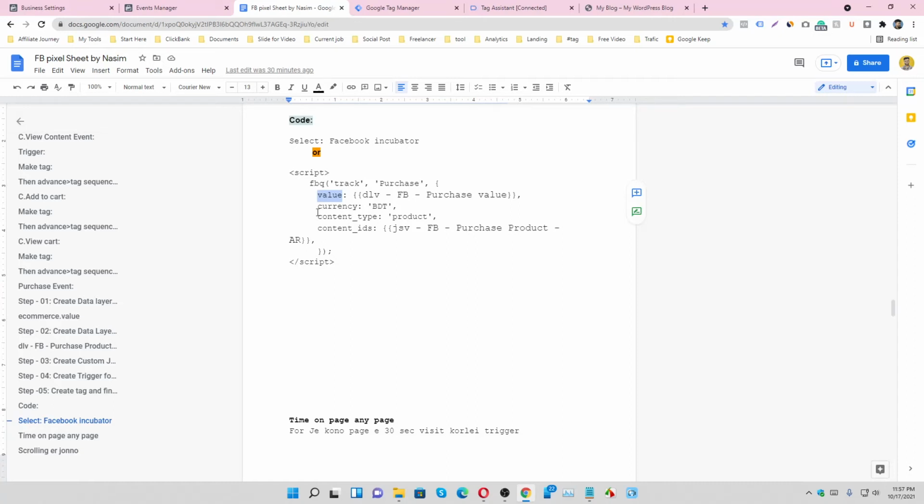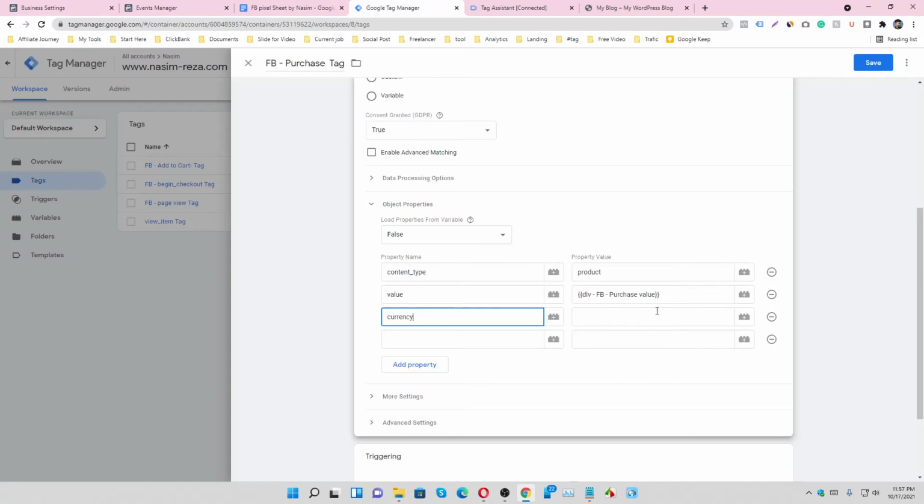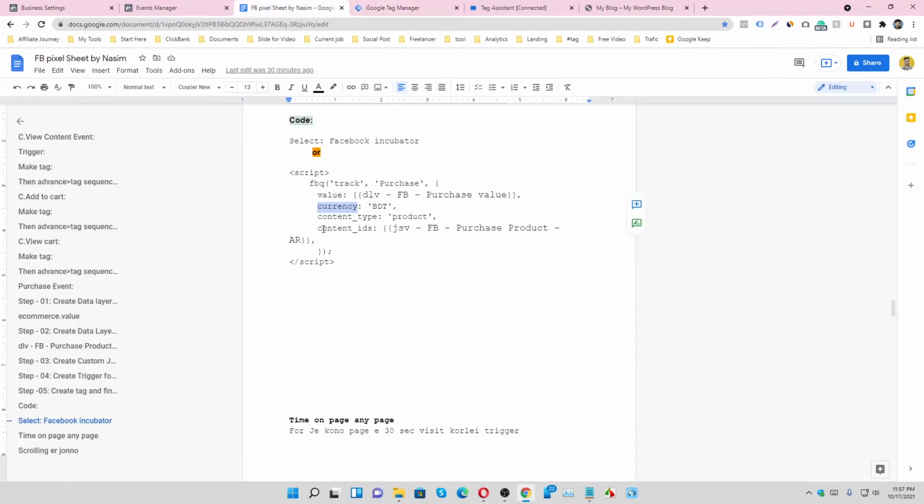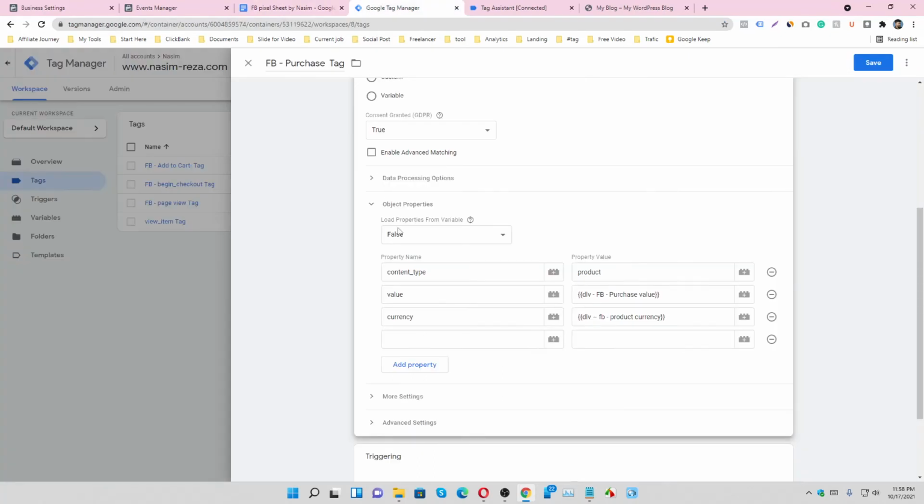Now we have to import currency, select currency, and finally we have to track content IDs.